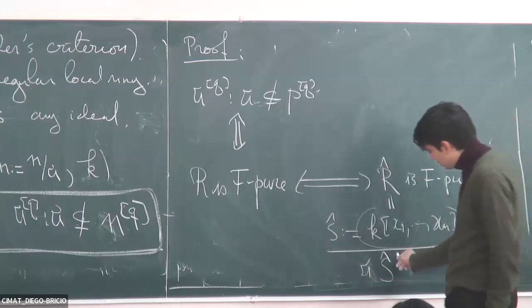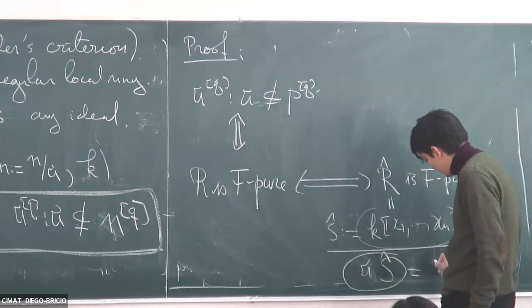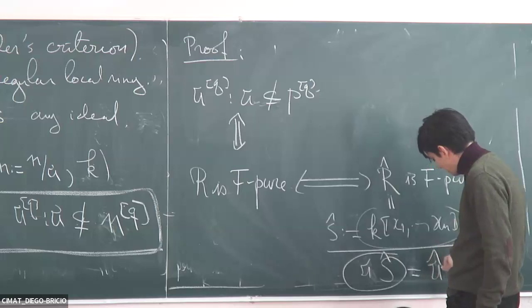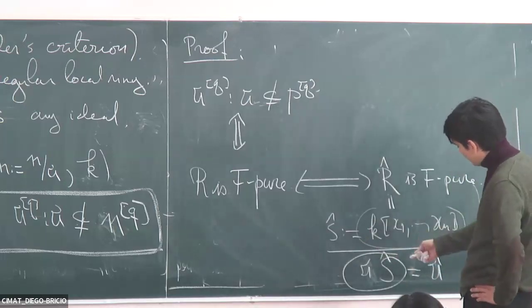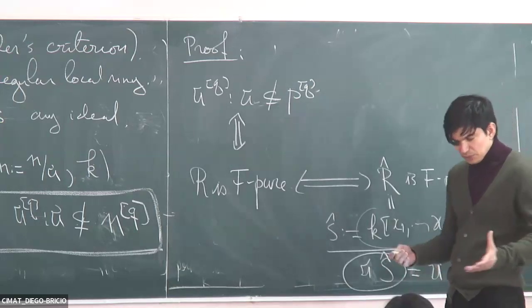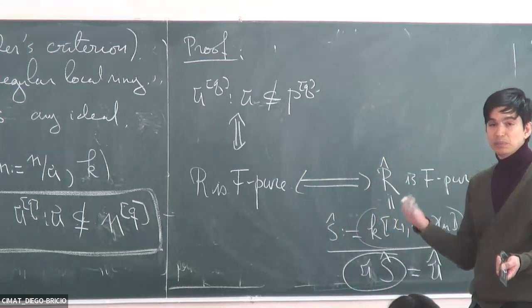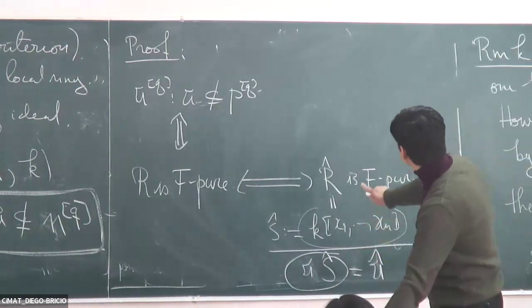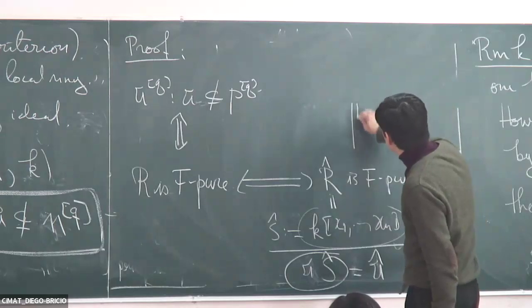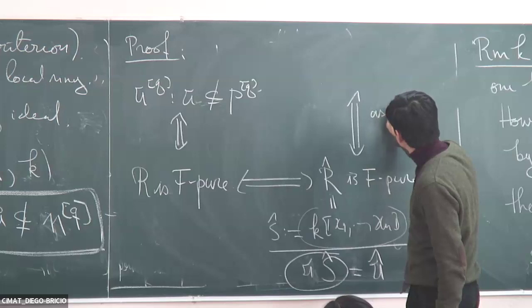So let's call this A hat. Now I have A hat in S hat. So let's assume that I can do it in the complete case. Let's try to argue that we can reduce it to the complete case. Okay? So if Fedder's were true in the complete case, so assuming Fedder's